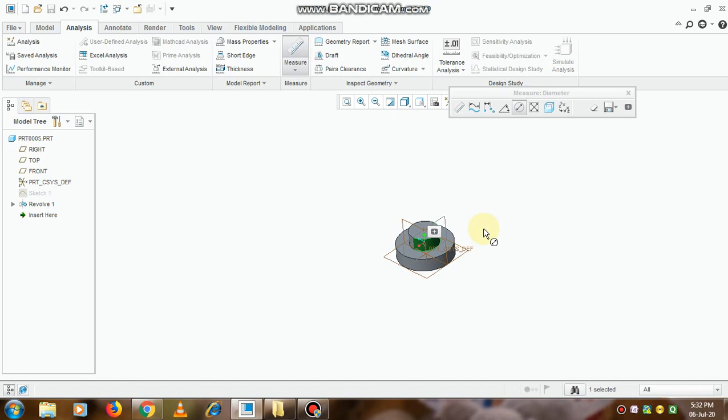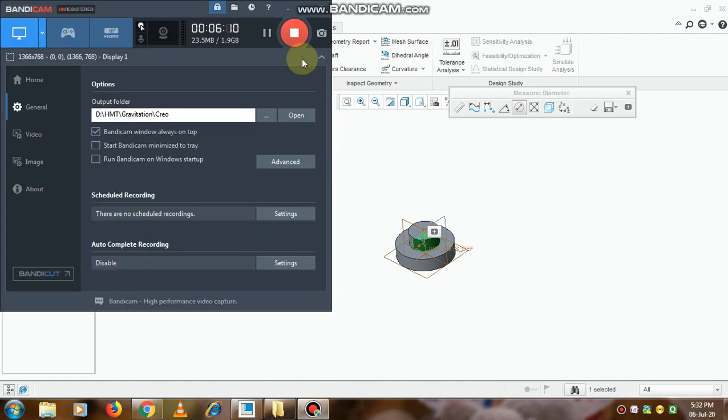Hello friends, in this video we will discuss how to set the units in Creo, and then we will discuss the basic commands like revolve, extrude, so that we can create symmetric objects by using the revolve command, then how to